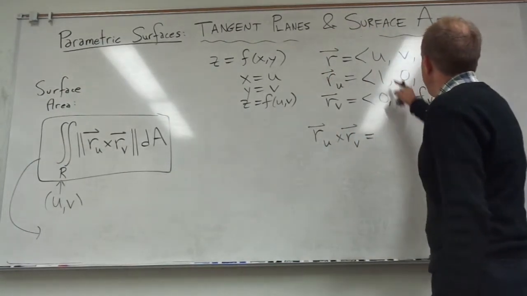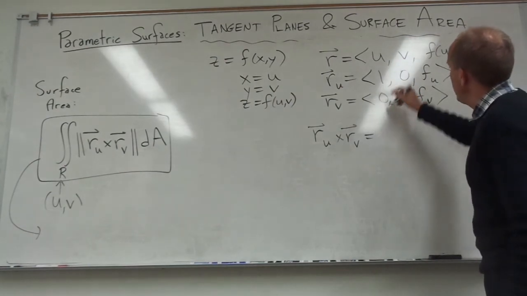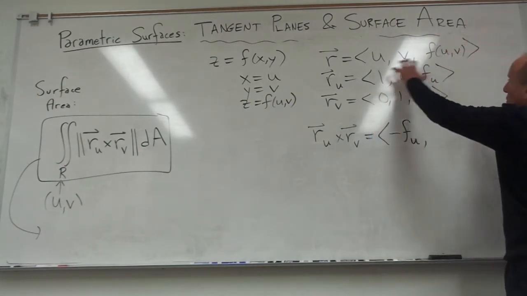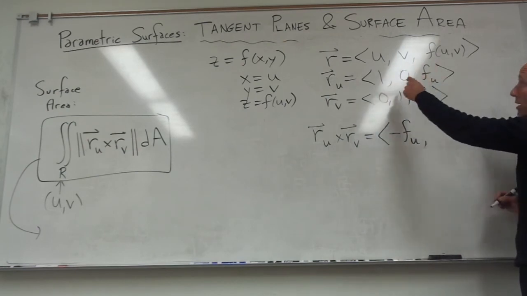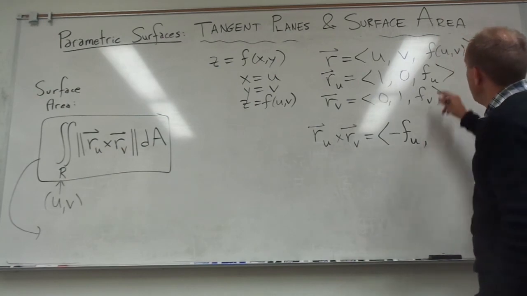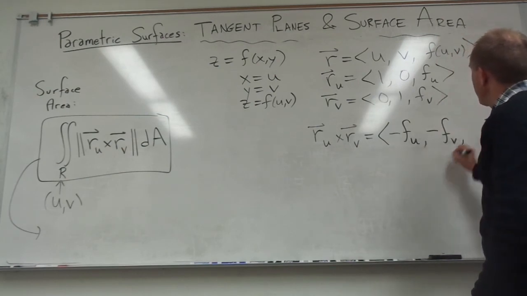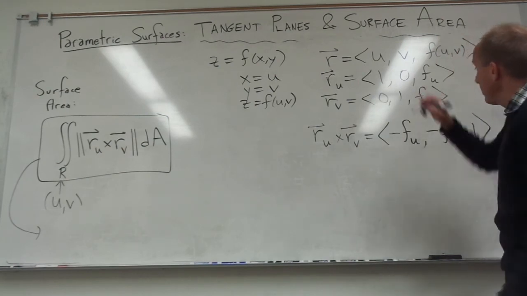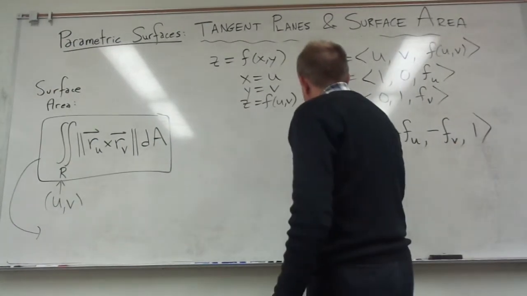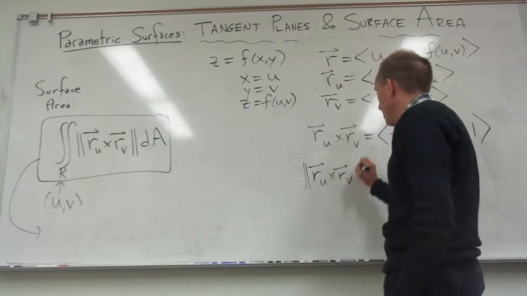right? So let me just do this kind of quickly here. You guys can check this in a little more detail, but the i component of that cross product is this times this minus this times this, negative f sub u. The j component is negative f sub v, and the k component is actually just 1. And if you take the magnitude of that, so this is for any function that is actually,